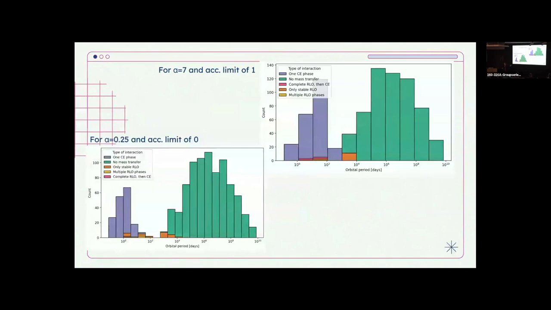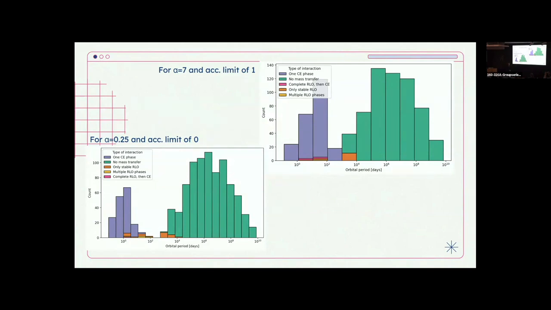And just to show you a little bit of our models. Up there we have one model, alpha equals 7 and accretion limit of 1. And this other one is alpha 25 and accretion limit of 0. Just so you see what the different types of interactions are that this system goes through, how this changes